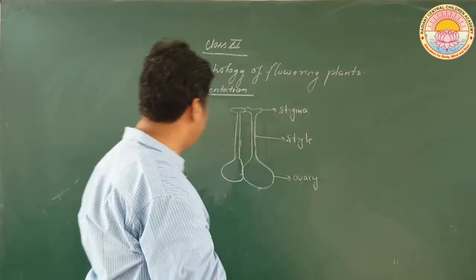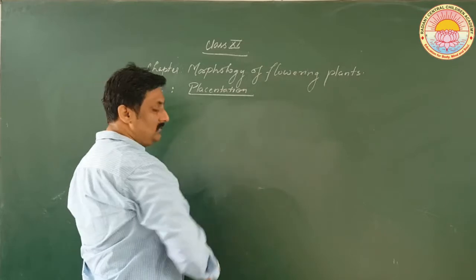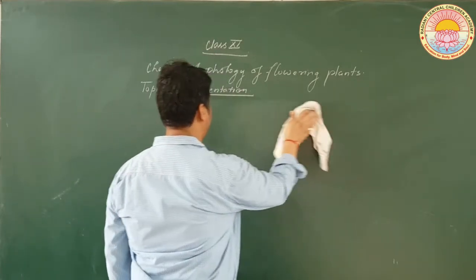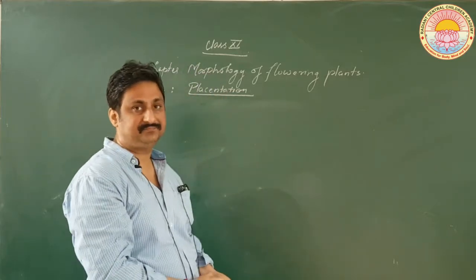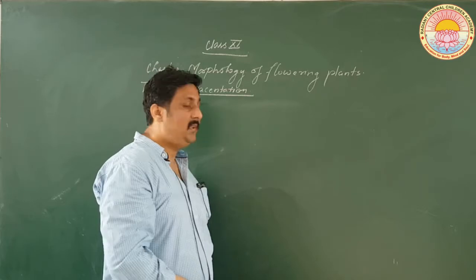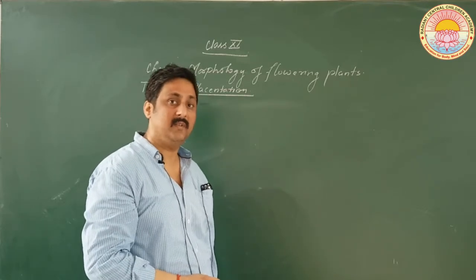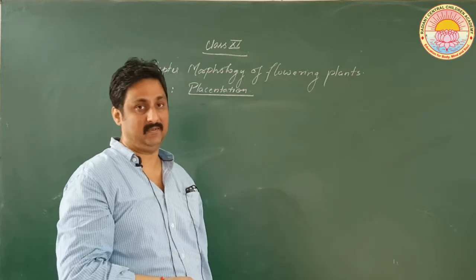Now let us start with placentation. As you know, ovules are present inside the ovary. Now, the arrangement of the ovules inside the ovary is called placentation. Placentation can be of various kinds,